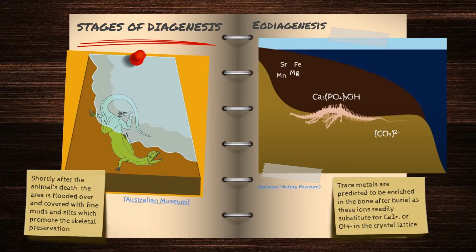The bone structure will begin to accept dissolved ions transported through the ground in local pore water. Characteristic groundwater soil ions such as trace metals, including iron, manganese, and strontium, rare earth elements, as well as chlorine and fluorine, are predicted to be enriched in the bone after burial, as these ions readily substitute for calcium and hydroxide in the crystal lattice. Furthermore, carbonate ions are often incorporated in the place of phosphate. These elements are therefore thought to be a good indicator of diagenesis, as they are not naturally synthesized in the